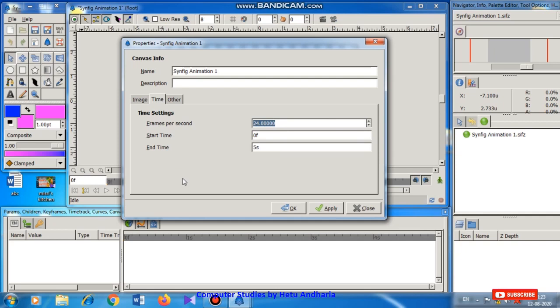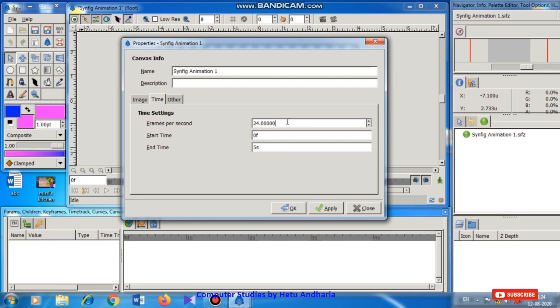Basically, this software looks like a paint program, but it is not a simple paint program. Here you will be able to create 2-dimensional animation. Now animation is made up of so many frames. Remember this: when the frame moves, and when you change the position of the shape, then the animation is created.